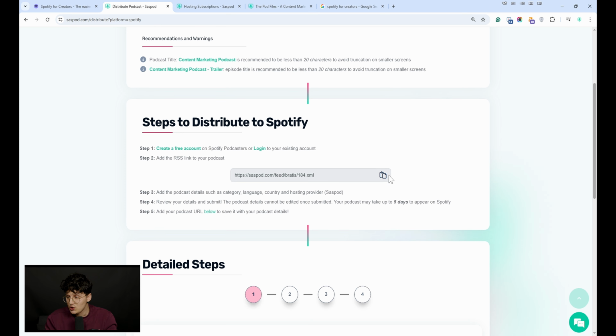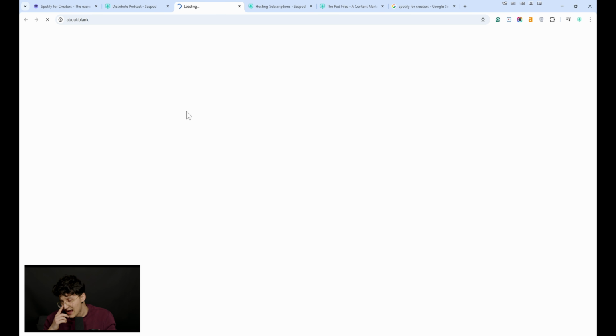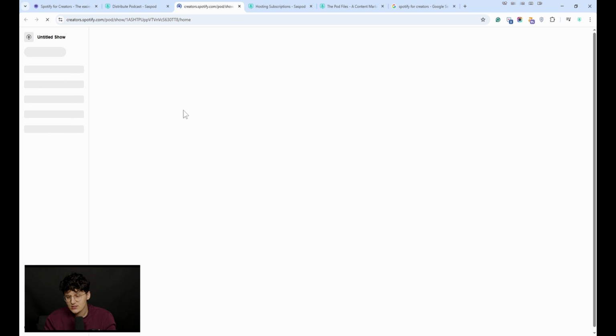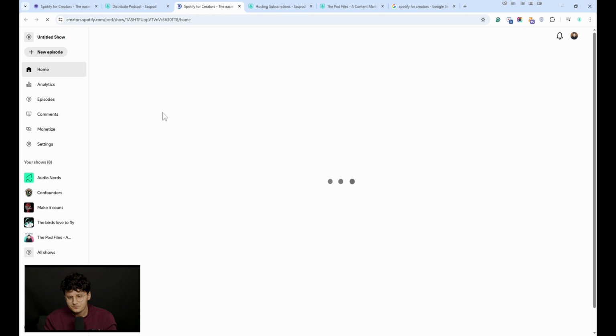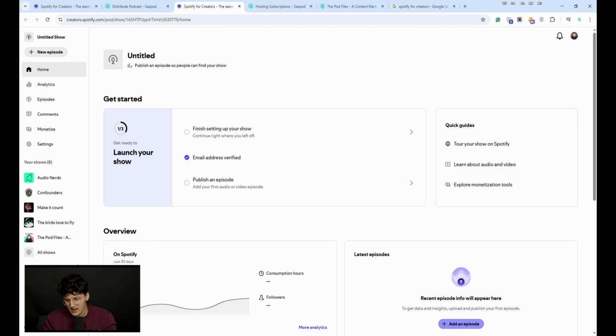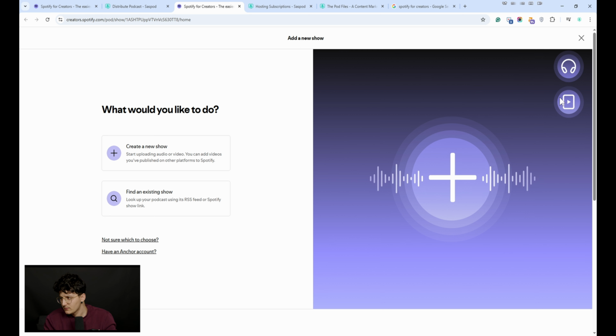And then after that, you want to copy the RSS feed that we created for you. And then you will need to click on this one, create a free account on Spotify for podcasters, or log in. And then once you've done that, you will be prompted to obviously create an account. I already have an account with Spotify, so I don't need to do that again. And then what you need to do is go in here, add a new show, and then find an existing show